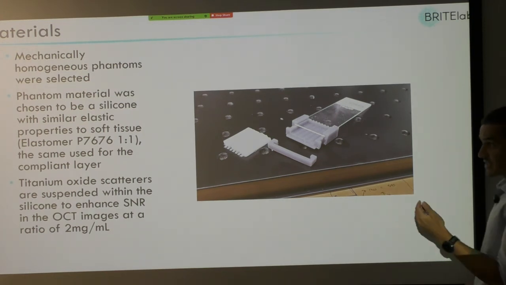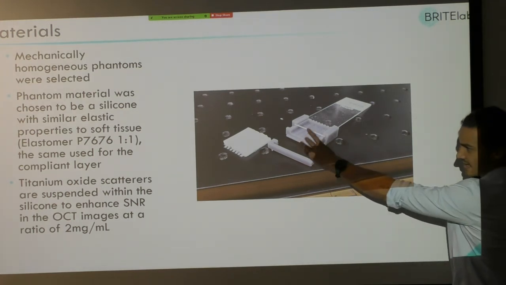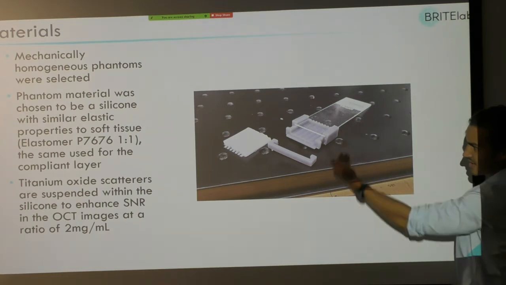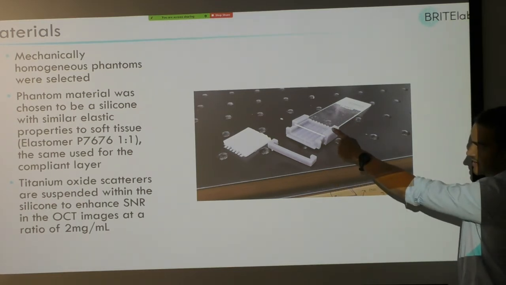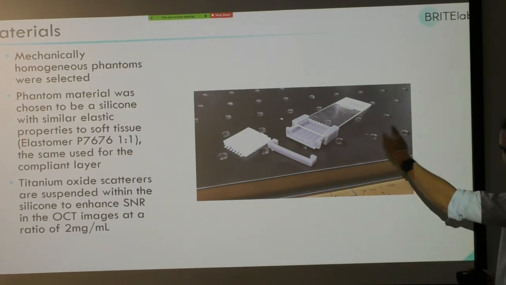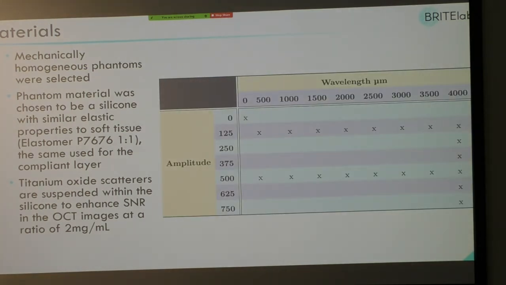How it worked is I actually injection molded them. This part sat onto the rest of the mold here, and the microscope slide was inserted across, and then the mold was held at an angle as the material was injected to allow escape of air. So it was a completely uniform phantom with a flat base. I made 21 phantoms